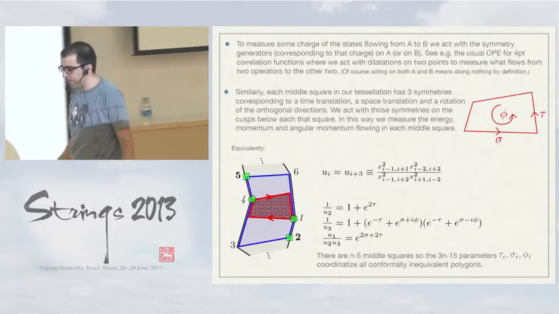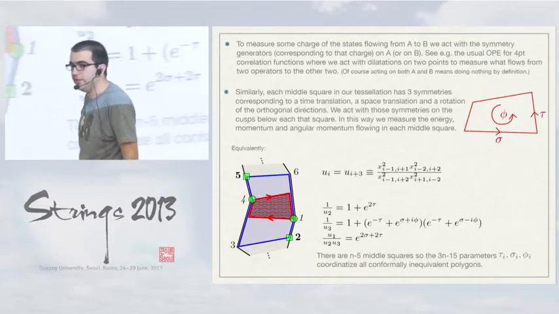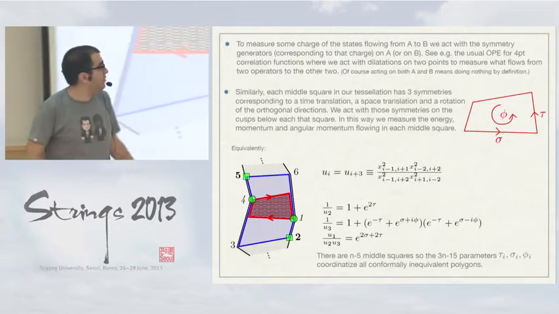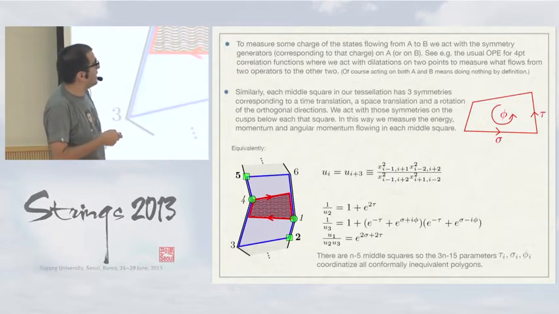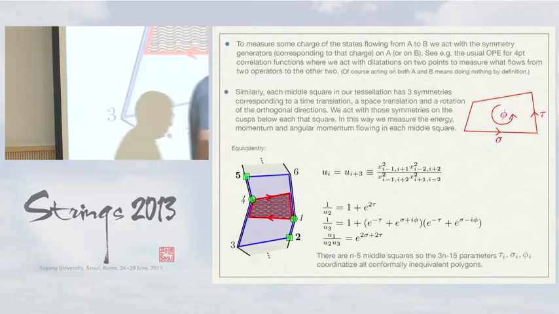So what are the symmetries of a null square? What is the subgroup of the conformal group that leaves null squares invariant? And it turns out that that group is R times U(1). So there is a non-compact translation in time, a translation in sigma, and the rotation of the directions orthogonal to the plane where